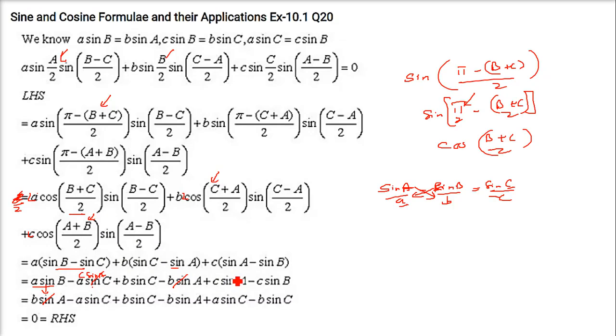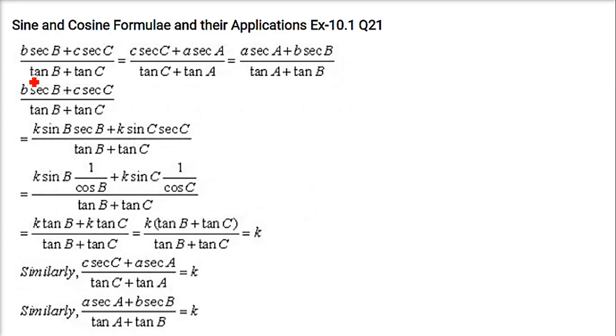So this 2 gets cancelled. Similarly with b sin c, I can write c sin b. So I am writing c sin b here, and this 2 gets cancelled. That is how the 0 has come. So we have this term. And let us prove one of these, so you understand how to prove the others.